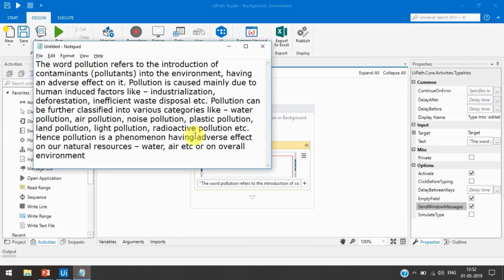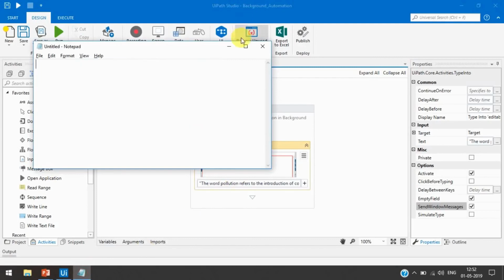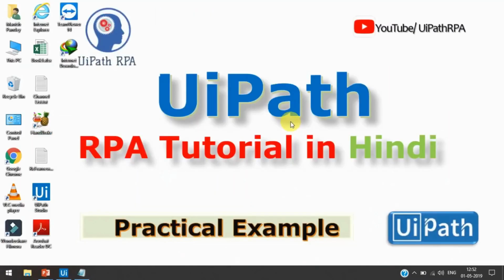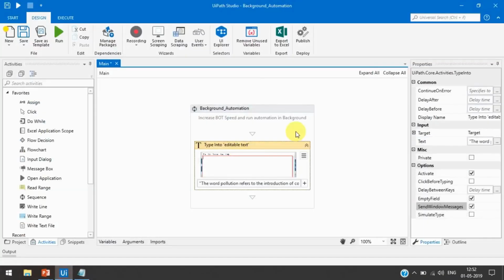So let me first remove this line and then keep this notepad in the background here. Now you can see there is no notepad visible on the screen. Now we will select this option because it supports background execution.